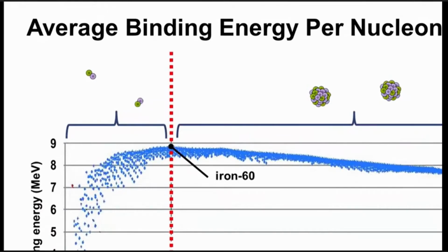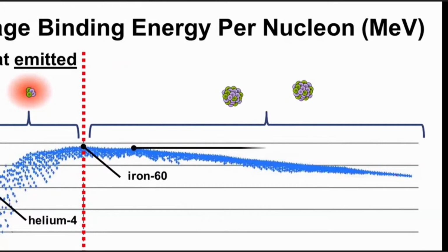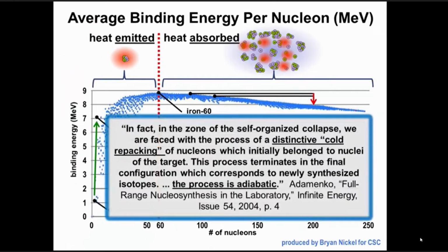Remember this binding energy chart we had looked at. For elements lighter than 60, fusion results in higher binding energy, which does emit heat. However, fusion of nuclei heavier than 60 causes a drop in binding energy, which means the event absorbs heat from its surroundings. This is why the Proton 21 lab reports that the process produces a cold packing of materials, and